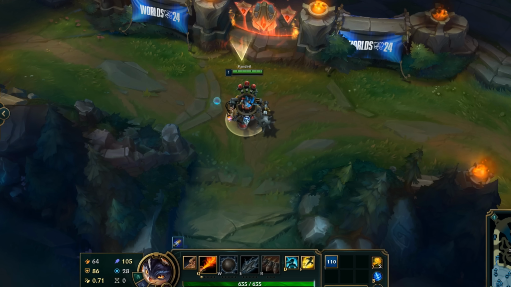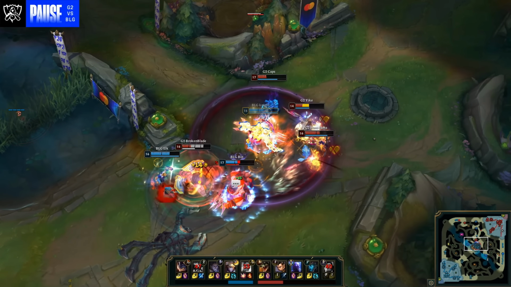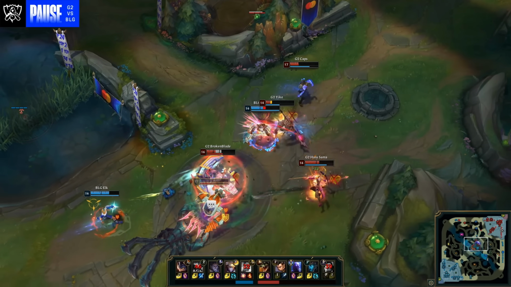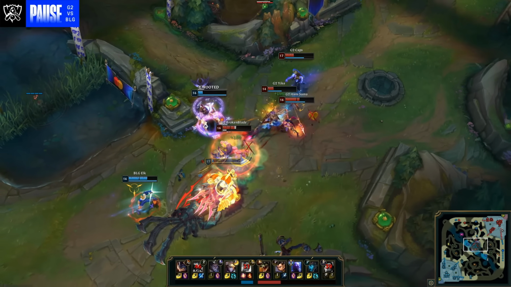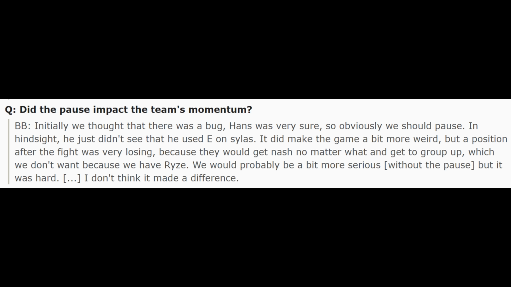Why is the status icon so delayed in normal gameplay? I really don't know. Now that we've clarified a few potential problems, it's time for the final evaluation of the Kalista bug. What happened to Hans is that he got confused about E being on cooldown because it hit Sylas right after he came out of Zhonya's. And in the heated moment he didn't notice that E was on cooldown, or he didn't know why it was on cooldown. The pause didn't happen during the teamfight, so I would say the pause timing was alright